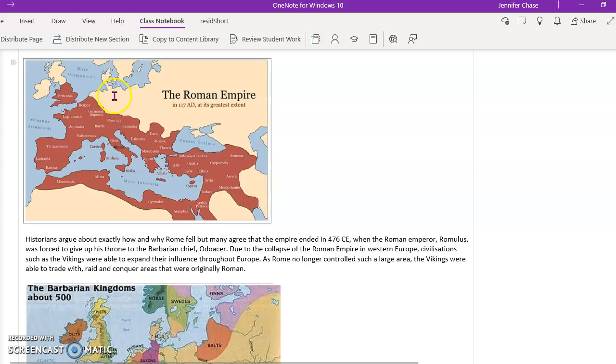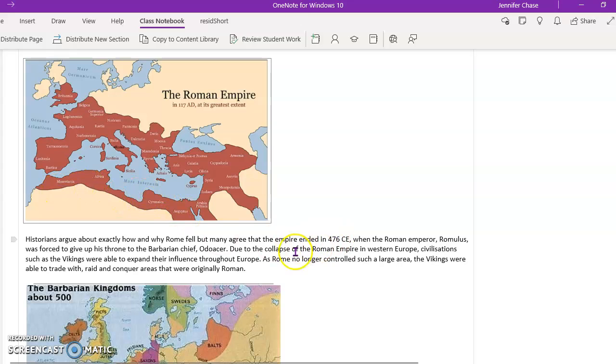As you're going to see in the video, one of the reasons historians think it collapsed is that it just got too big. It was too big for Rome to control this area. So Rome is finally attacked by Odysseus and overthrown. Just as a side note, it didn't completely disappear. The Eastern Roman Empire went on for hundreds more years,